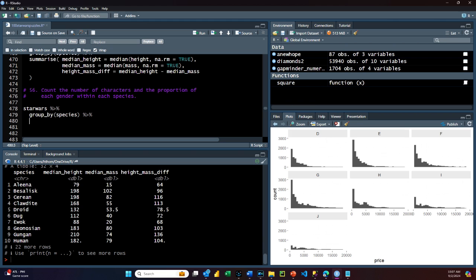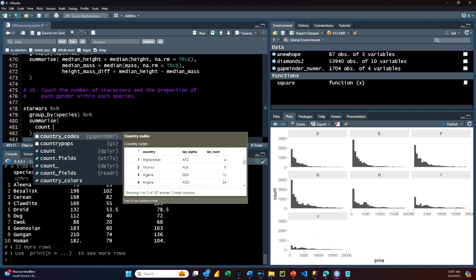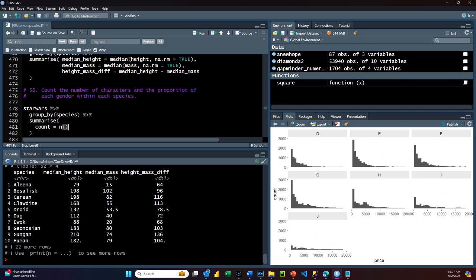It's a very powerful function in summarize. So I can say summarize. Go down here a little bit. Count equals n with no argument for any species. Oh, I forgot to put gender in mine. You can group by more than one. So group by species and gender. Count n,